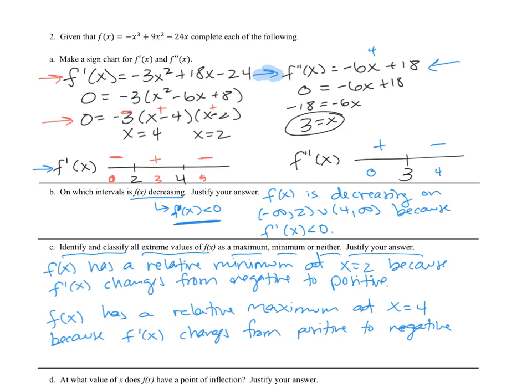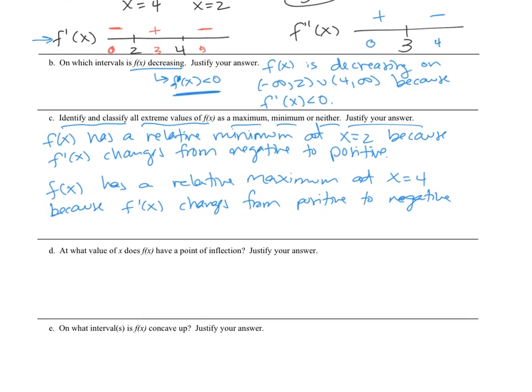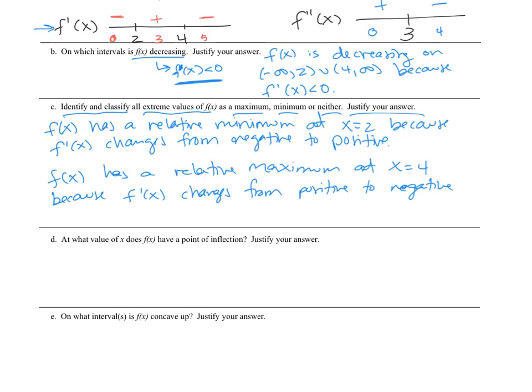Okay, let's take a look at D. I'm going to move it so I can still see my sign charts. D says, at what value of x does f of x have a point of inflection? Okay. Well, I don't have a graph here, so I can't make any comments about f prime increasing or decreasing. And so I just have to simply go with the fact that f double prime is changing signs. So if I don't have a graph, again, I can't make any determinations about f prime and what that is doing. But I can, based off my sign chart for f double prime, state that f